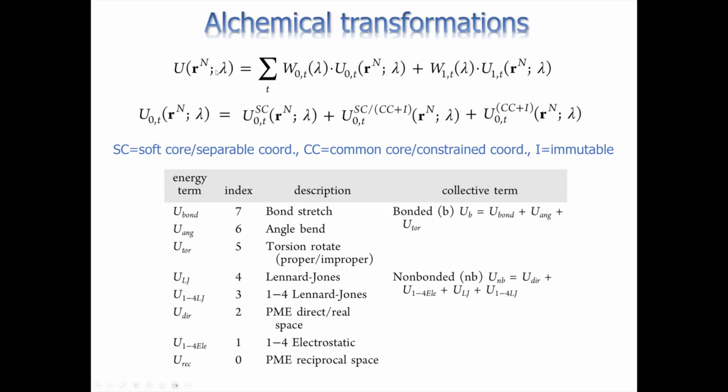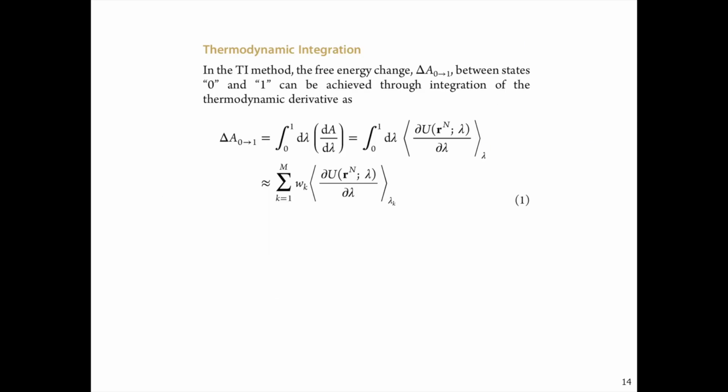Once we have defined this U lambda, I'll briefly mention there are 3 different ways you can compute the free energy. One of them is called thermodynamic integration, where you do a series of calculations at different lambda points. Essentially, you're integrating the reversible work associated with transforming the system from one state, ligand 1, to the other state, ligand 2, both in the aqueous environment and in complex with a protein.